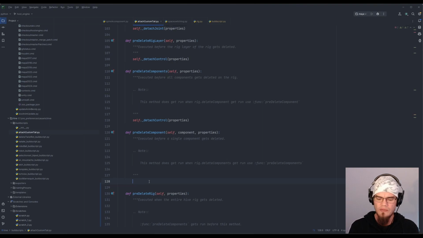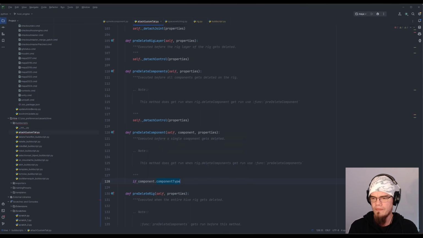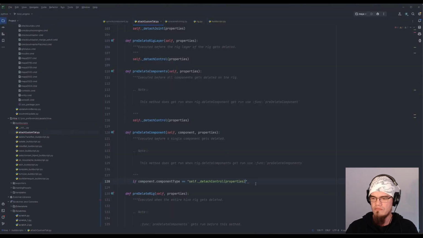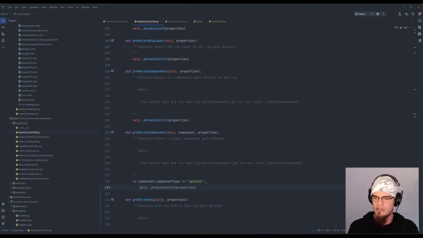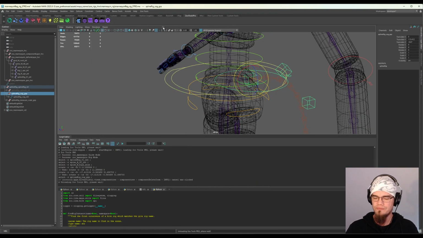So in this case, I'm actually going to say if component.component_type is equal to, I think it's the spine. Okay. So if you want to get the actual name of the type of that component, you don't need to do a type check by the isinstance solution, right? So you just do the definition name that you have here, and you go spine IK. Oops, be good if I actually copied it. And then what you can do is detach. Right? Now if I go back to Maya, do a reload,